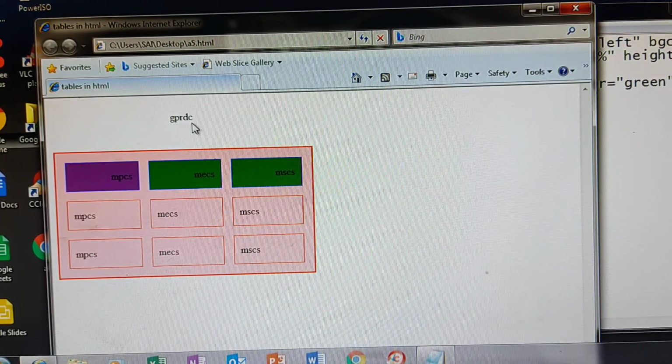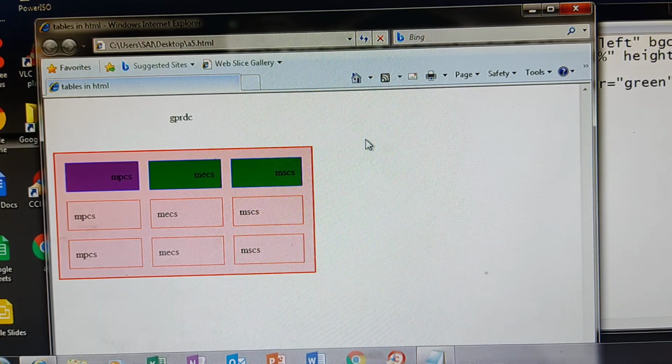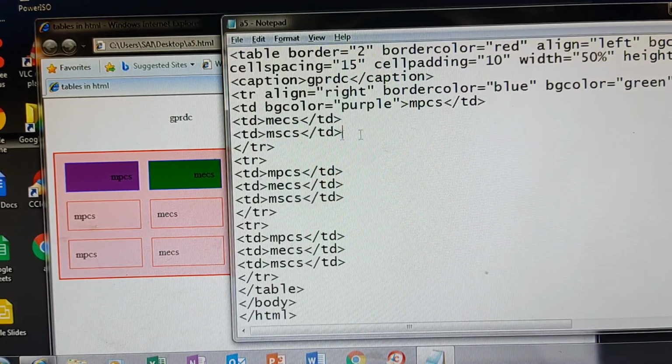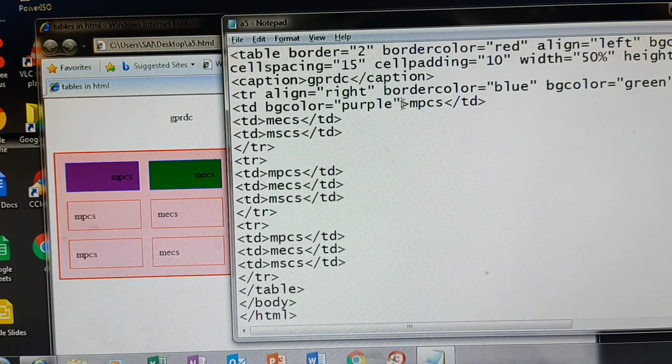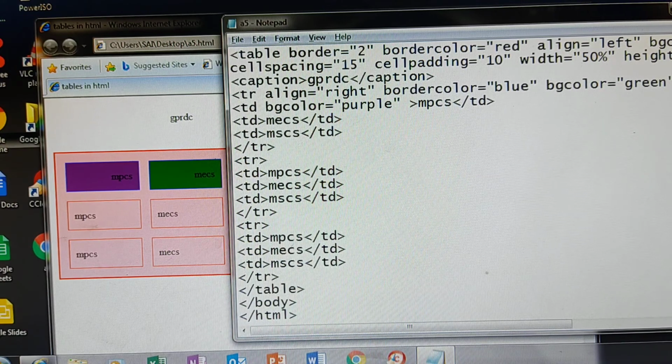See, only the first cell of the row is changing, because here I have given the background color for only the one cell. Okay, so if you include the same property inside the TR, it is applied to all the columns. Here, the column also you can change separately. Understood? So that is the BG color property, and here I will add one more property.